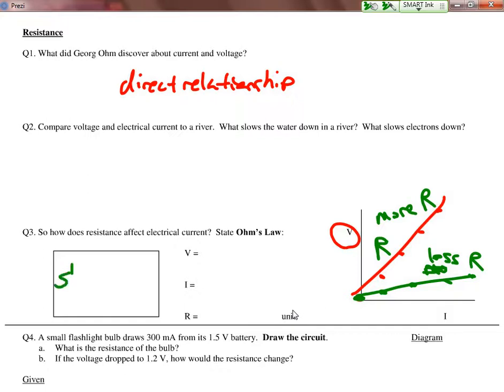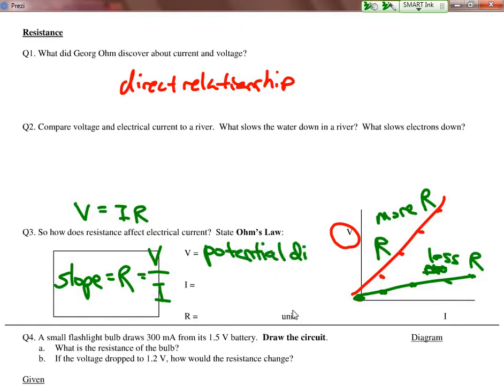So the slope is equal to the resistance, or really R is equal to V divided by I. Okay, the potential difference divided by the current. Although in your reference table they'll say V is equal to IR, which is more common. V is potential difference, I is current, R is resistance,